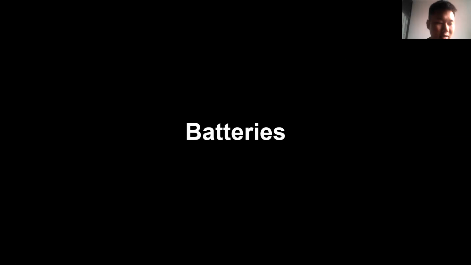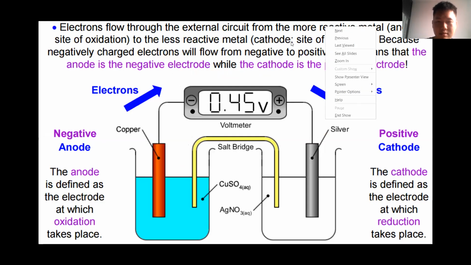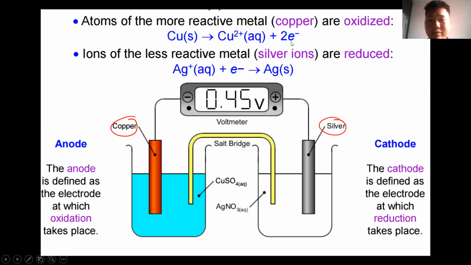And now is the last part of this topic, which is batteries. Okay, so let's look at this diagram over here. Let's say we have two metals, copper and silver. And from the metal reactivity series, we know that copper is higher than silver in position. So copper is much more reactive than silver. So when we have copper and silver connected using a wire over here,